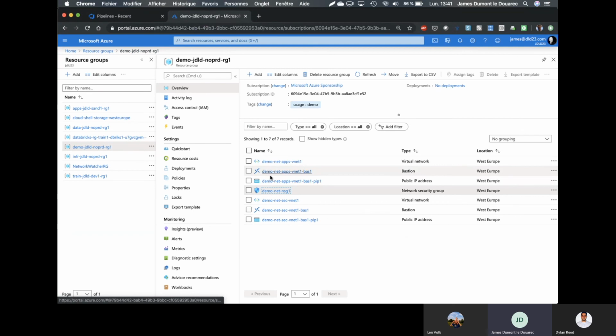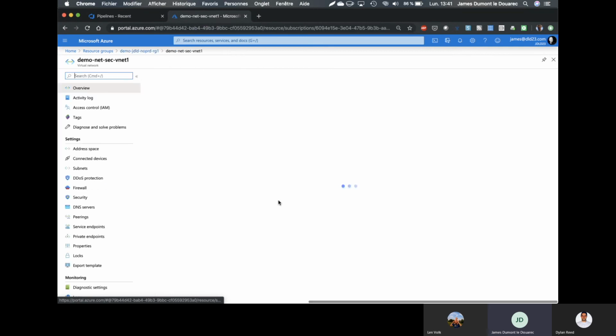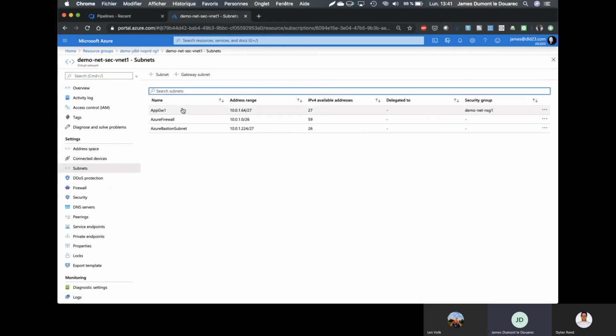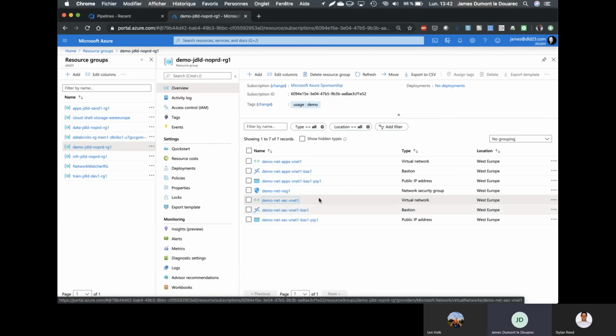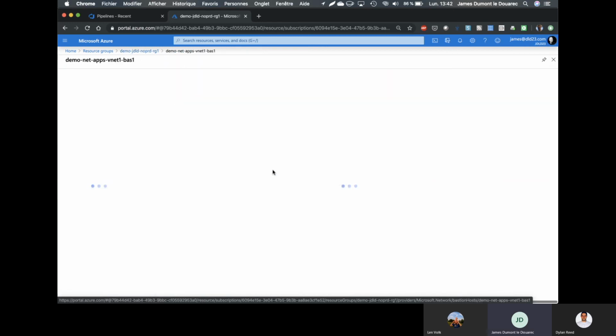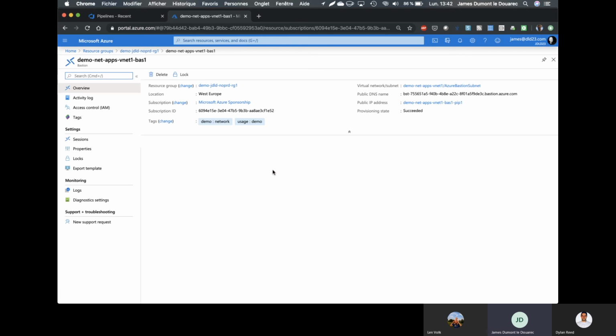And just as a verification, we can go on the sec virtual network. We can see that there are 3 subnets containing my Azure Firewall subnet and my Azure Bastion subnet. I don't remember if we go on the Azure Bastion subnet.